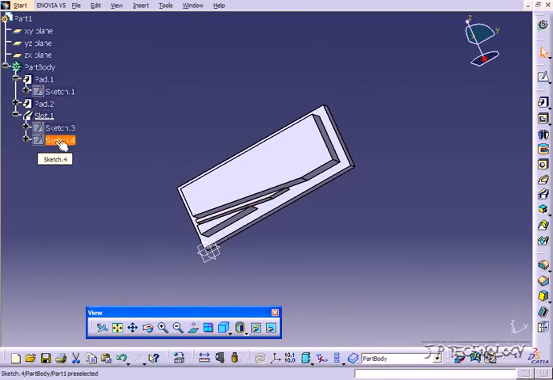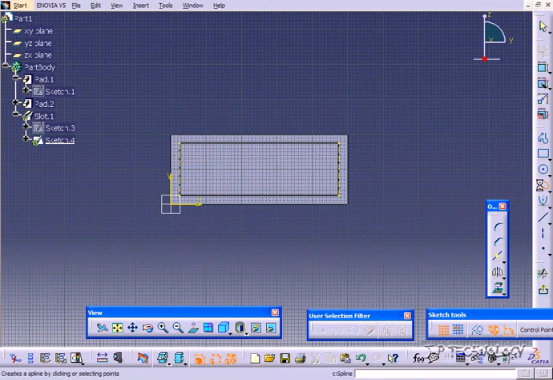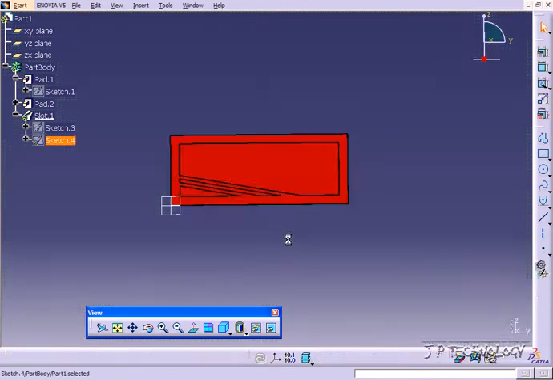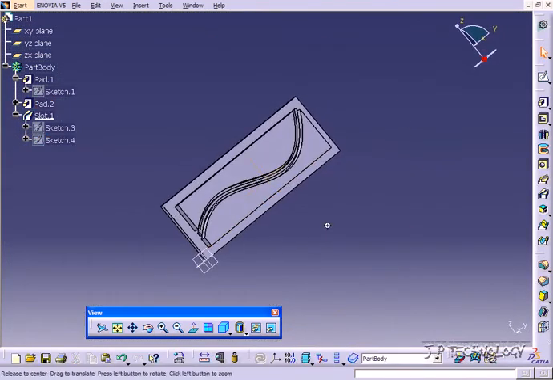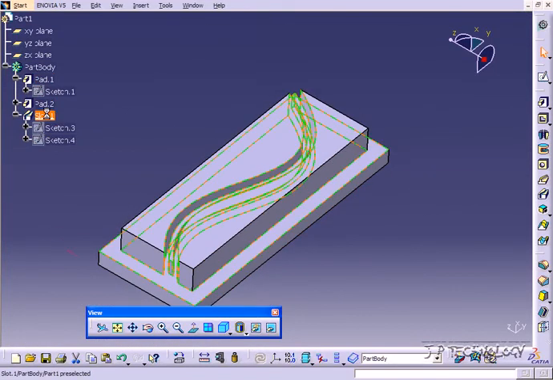Now let's go into this path one more time. Let's delete this line here and let's put more of a curve, more of an organic cut to it. With the spline tool, just go and make a nice curve all the way around. And we'll go back, and it'll automatically go along that curve that we made for it. Now let's delete this slot,